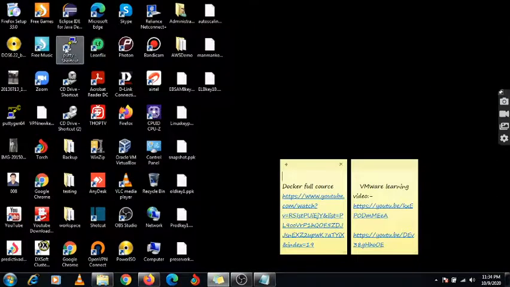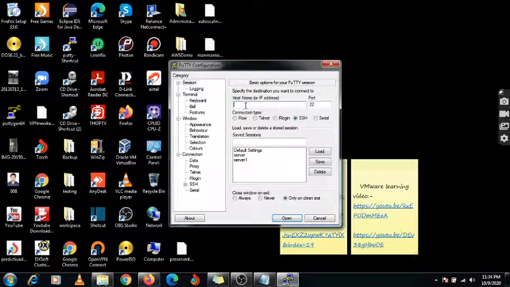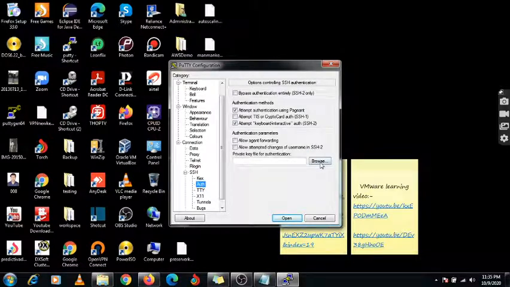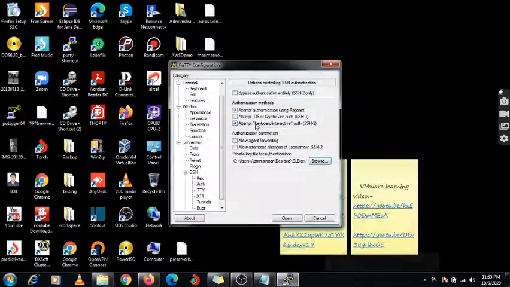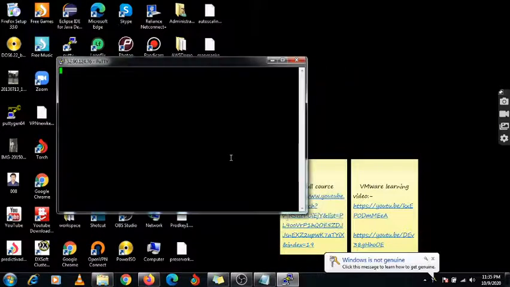Okay, one mistake we have made. We have not started this HTTP service on all the servers. So we need to open PuTTY again for all the servers and start this HTTP service.